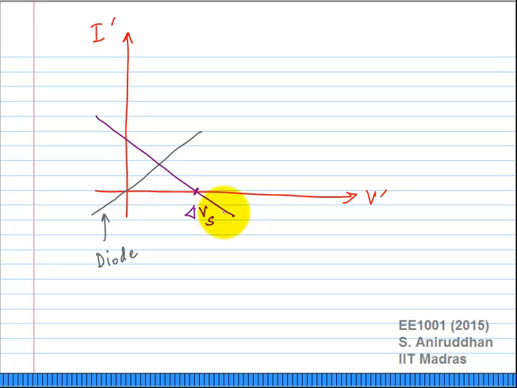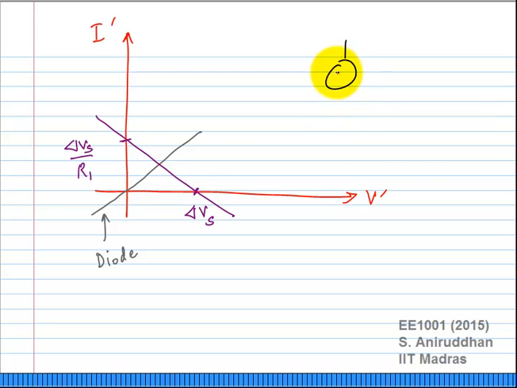This is delta Vs. What is this intercept? Delta Vs by R1. Okay. Now, is there any nonlinear curve in this particular graph? There is none. I have replaced the diode by a linear characteristic. I have replaced the resistance by a linear characteristic. In fact, if I had given you